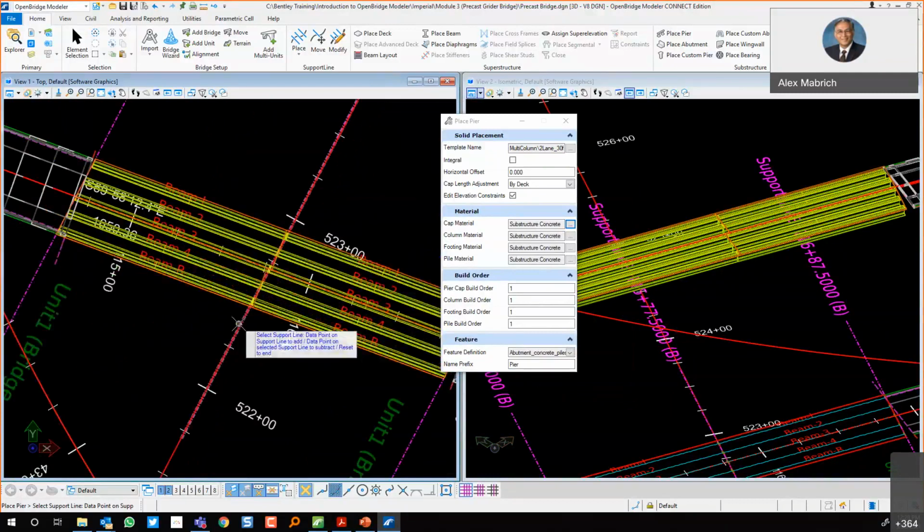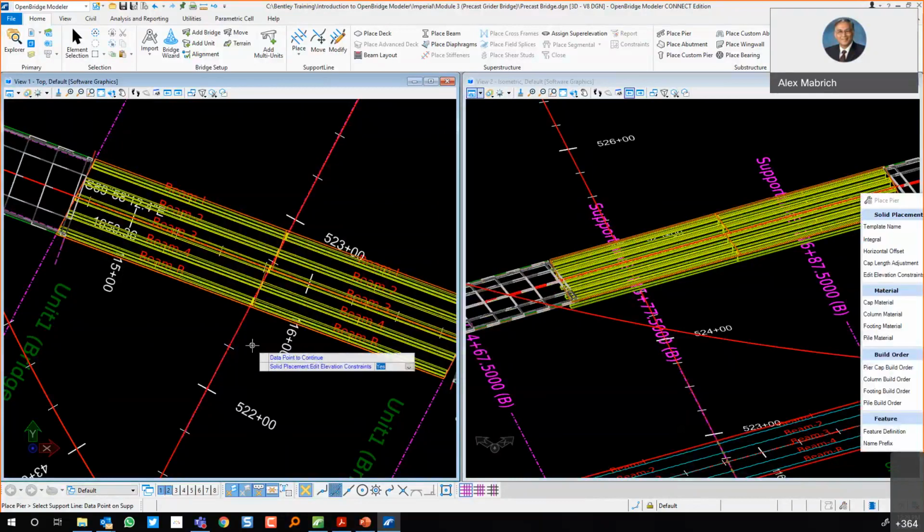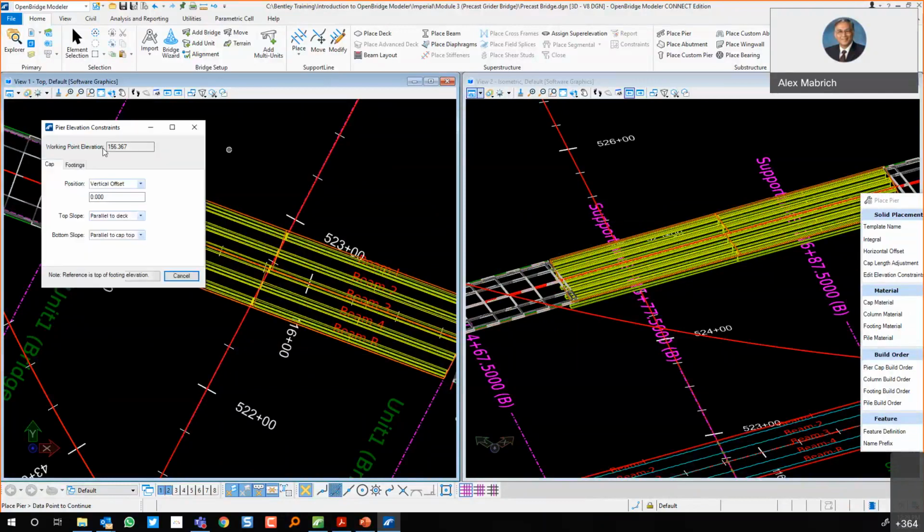So right here, that's the support. Accepted. There are no more support lines because the other ones are abutments. So right click to end. Remember that I placed the elevation constraints, and say yes. Left click. Yes, I want my cap to be leveled,